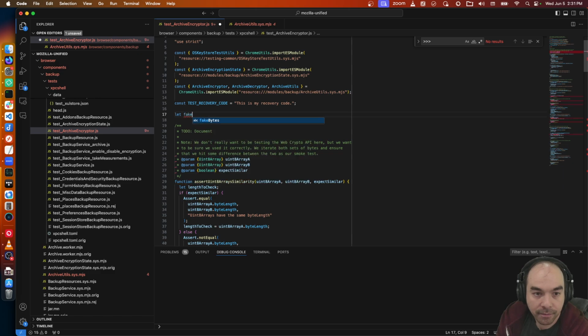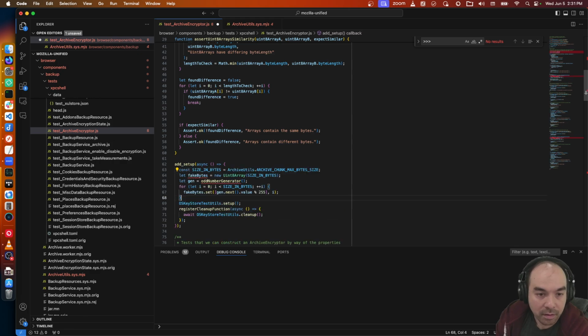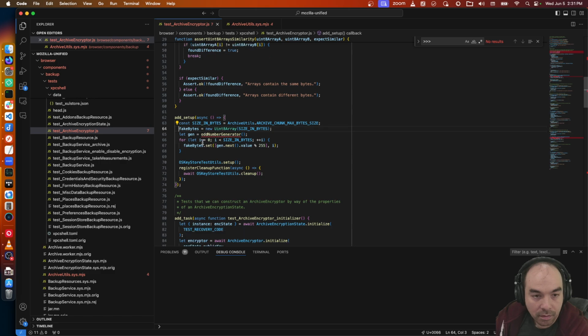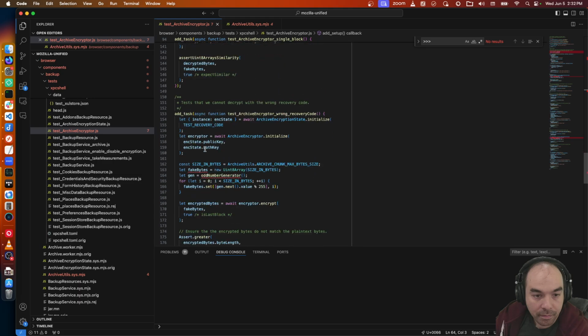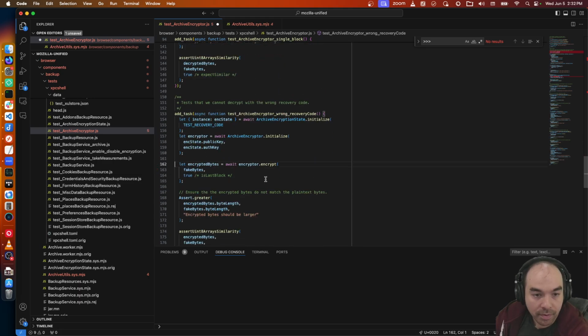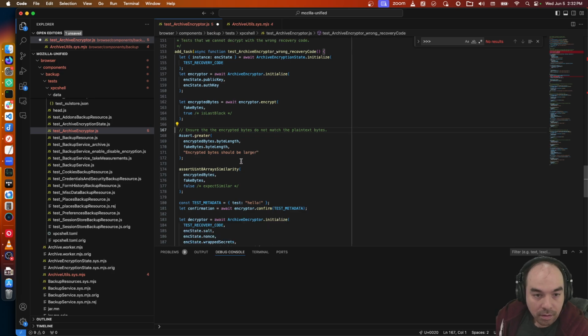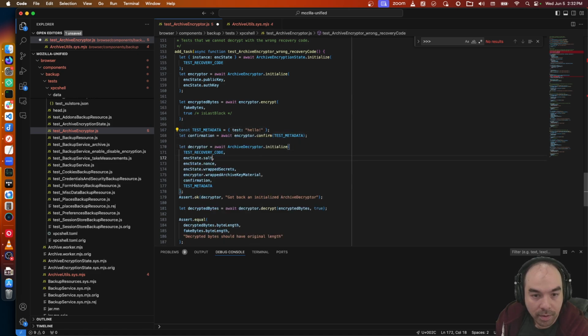Let fake bytes equals null, and then we're going to encrypt, and confirm, and then we construct a decryptor. And then we're going to use the wrong recovery code.